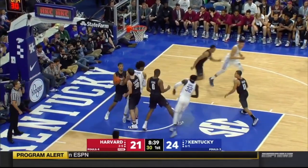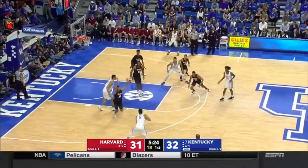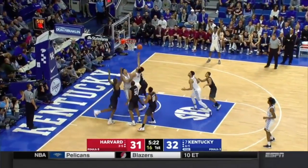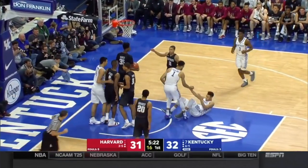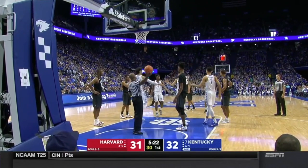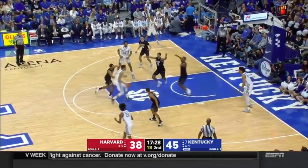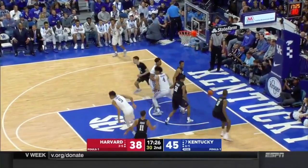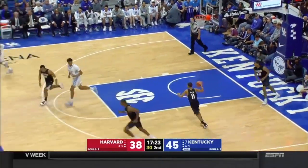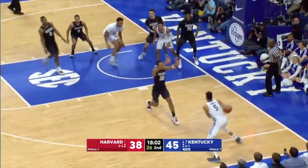players in this draft. He played out of position last year at Kentucky, so his production and his numbers didn't look that good. But as I said earlier, he's impressed a lot at the Combine. He is one of those guys who, like Mo Bamba, is a physical freak. He's extremely athletic, a great dunker and finisher at the rim. And he's also one of the youngest players in this draft. I believe he's 18 going on 19, which means he has great upside and raw potential for the Knicks, and